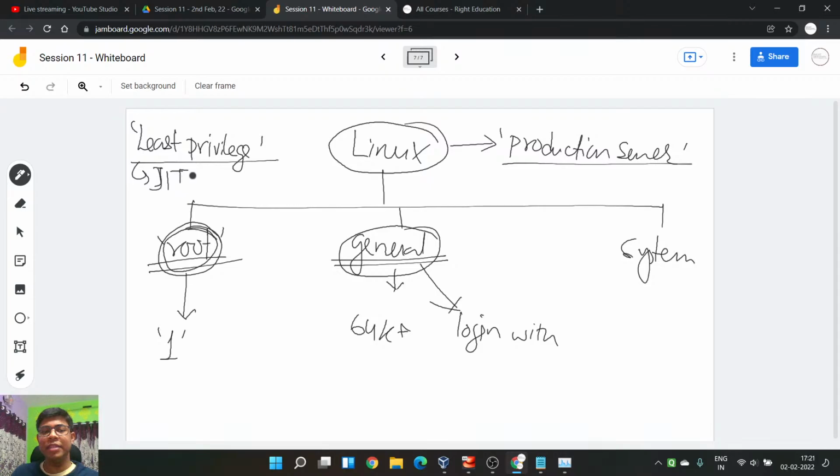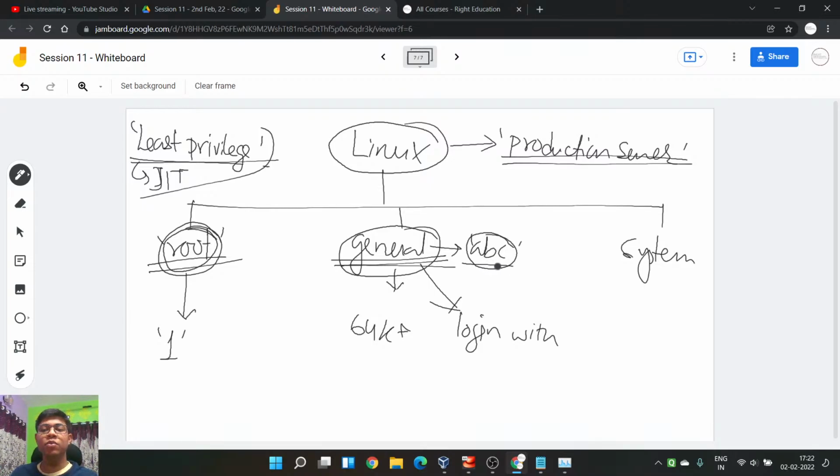So you can think that if one general user, let's say ABC, needs to do something in this production server, give only that power. Just disable the rest of the power. What is the meaning of it?